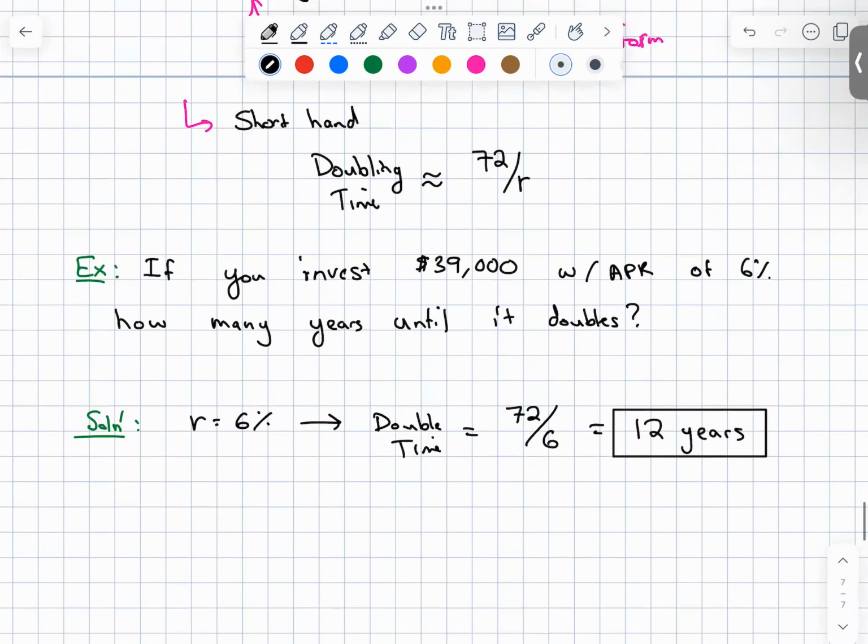But anyway, that's the doubling time formula. Approximately 72 divided by the rate. Is it actually 100% accurate? No, because where's the calculator? The actual doubling time, if I were to do it, so